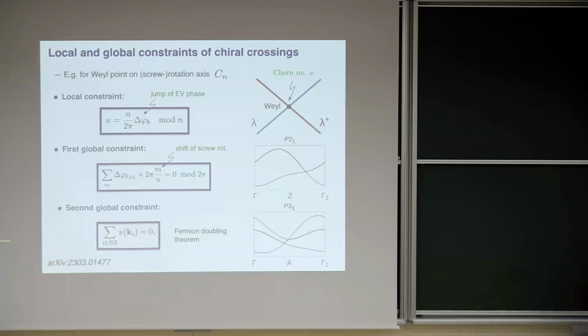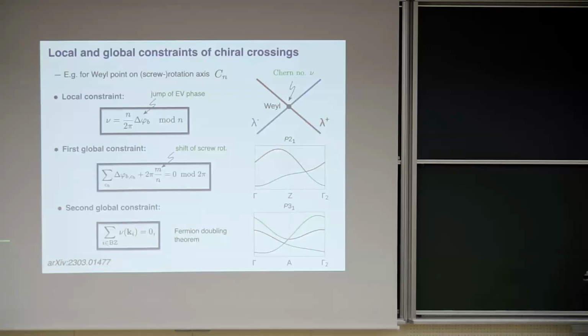Okay, so to find materials with topological nodal planes, I'm going to use these concepts of local and global constraints, so concepts of global band topology. And I'm going to use the following three fundamental theorems that we have explained in this recent arXiv article. These are constraints that tell you something about these chiral band crossings in general. And so we have a local constraint. This relates the Chern number that protects the crossing, for example a Weyl point,